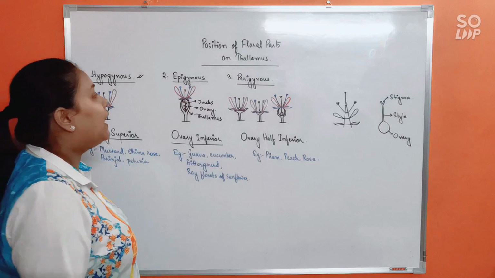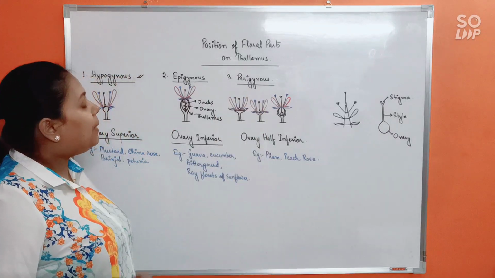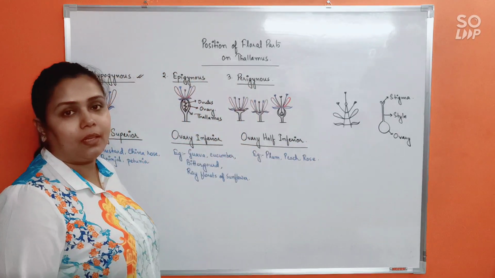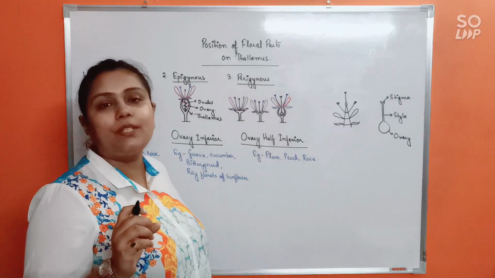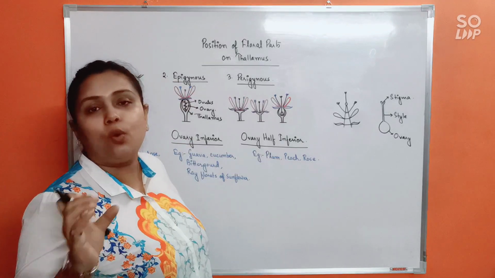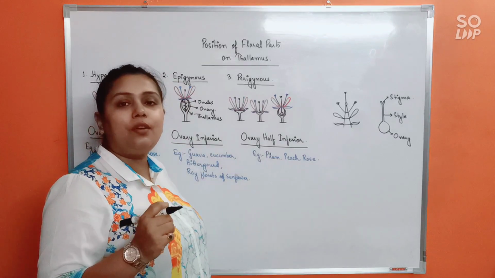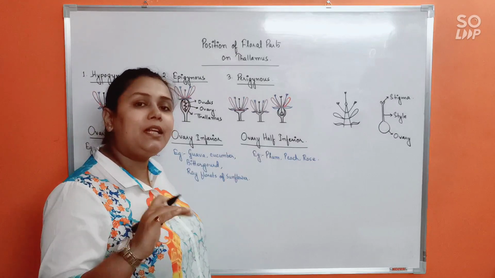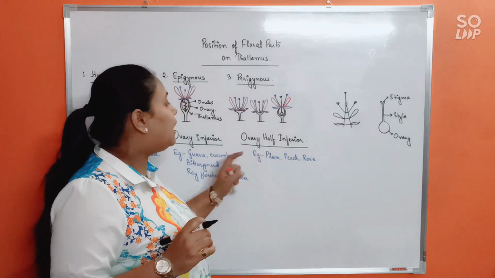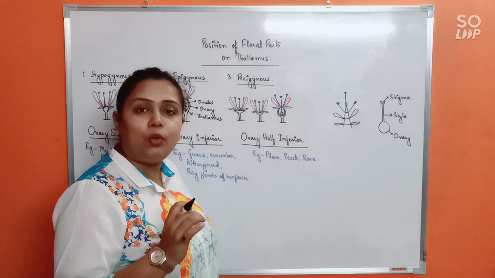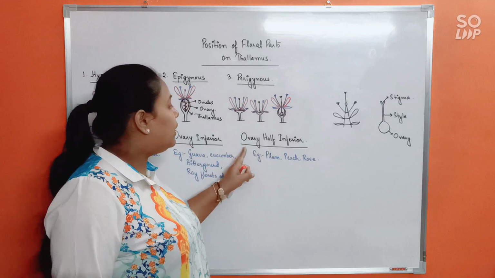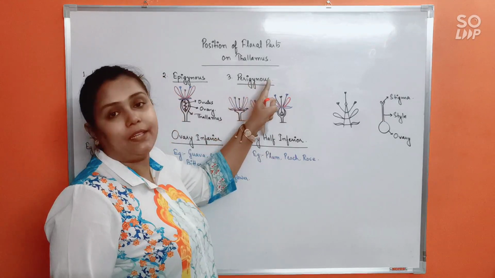Alright. Now finally the perigynous flower. Perigynous flower means ovary half inferior. Okay, see in hypogynous condition what was happening? Ovary was at top and the rest of the floral parts were below. So ovary superior. In case of epigynous, you have seen the ovary is below and every other part is above it, isn't it? So we call it ovary inferior, isn't it? But here the ovary and the rest of the floral parts all will remain at the same level. Then we will call it ovary half inferior or perigynous flower.